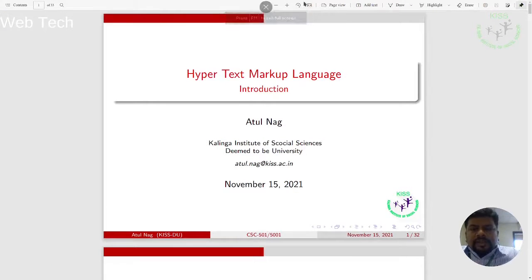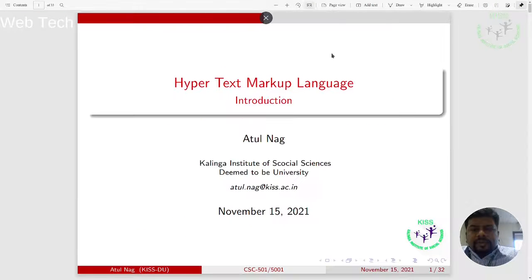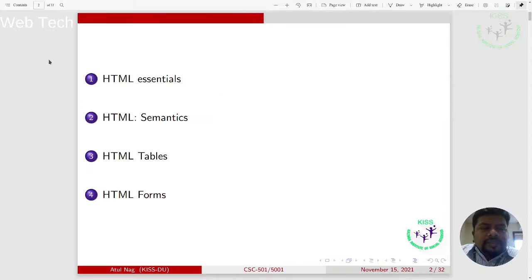All right. So we have been talking about the different tags. So we talked about tables. I think we started off with forms. All right. And when I started off with forms,